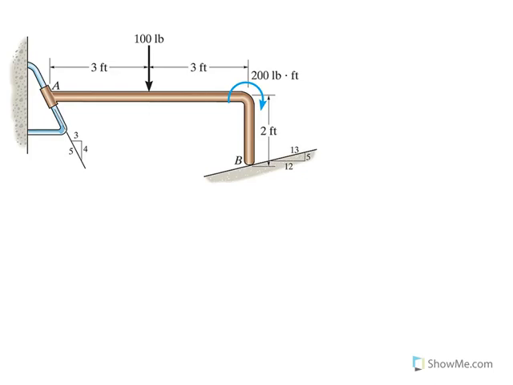Hello again. I'm here with another video related to rigid body equilibrium. This is a two-dimensional problem, and we see this bent bar under the action of a 100-pound load and this couple of 200 pound-foot, and at B we have a smooth surface,